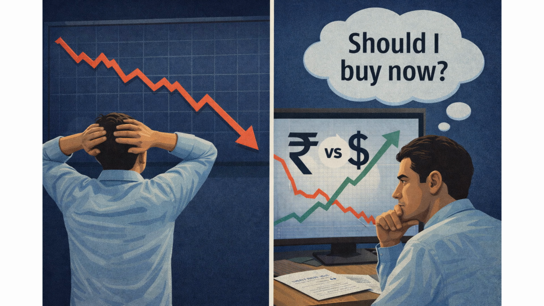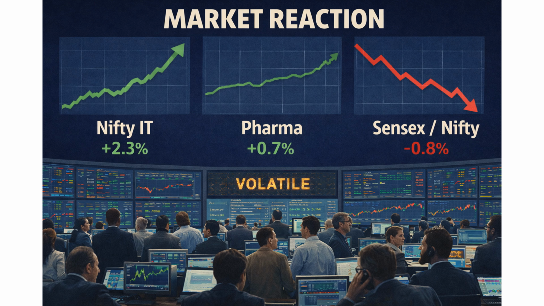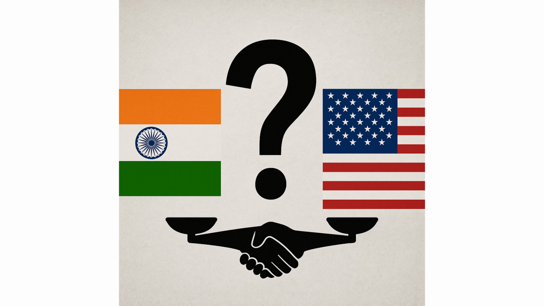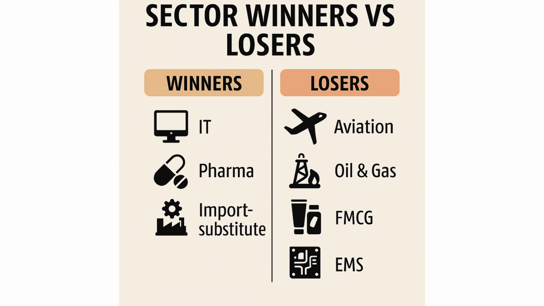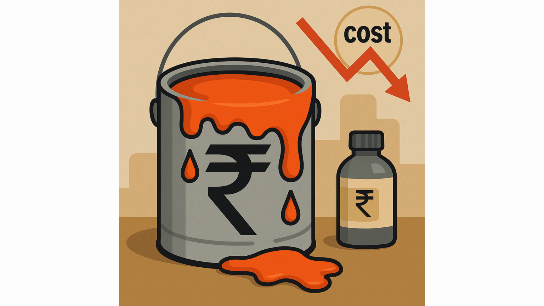The recent depreciation of the rupee has unfolded amid a complex convergence of global risk aversion and delayed geopolitical and trade clarity. In a firm US dollar environment, expectations of aggressive US Federal Reserve cuts have faded, pushing capital back towards dollar assets. At the same time, uncertainty around the US-India trade negotiations has removed a potential positive catalyst that could have stabilized sentiment. In this environment, emerging market currencies have come under pressure, and India, despite relatively strong macro fundamentals,